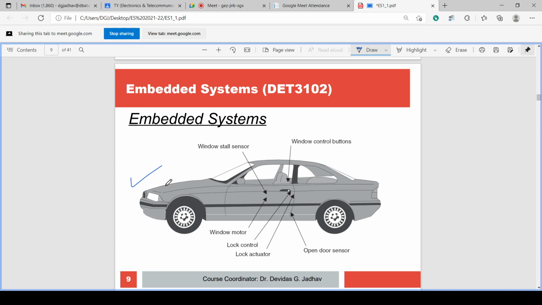So whichever seat belts are used, those airbags will be opened and the remaining airbags will remain as they are, because once an airbag is opened, you have to fix a new airbag in its place. That airbag goes to waste, and each airbag costs some money. So to prevent that, the other airbags are not opened. So those people who are not wearing a seat belt will get injuries.